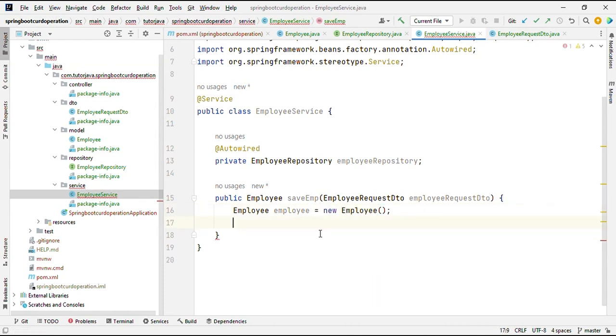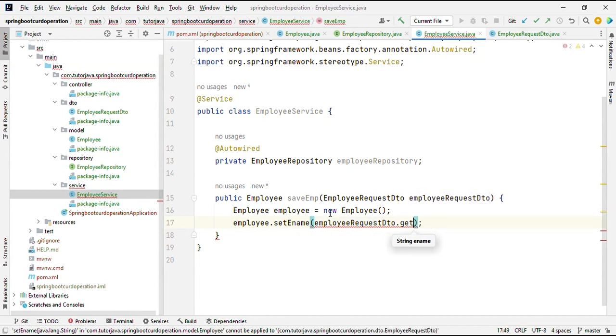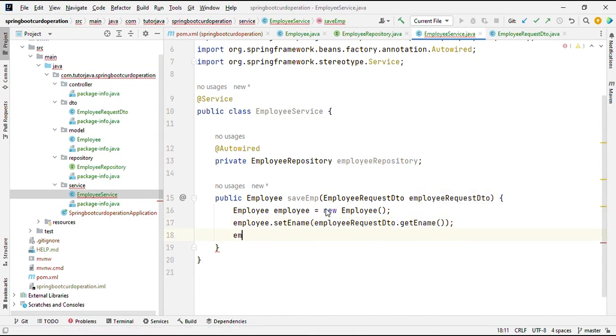And then after, what I'll do, employee dot, first I'm going to set the name. So from where will it take it? It will take it from employeeRequestDto dot getName, right. So this is the fashion I'm going to follow. Employee dot setAddress is equal to employeeRequestDto